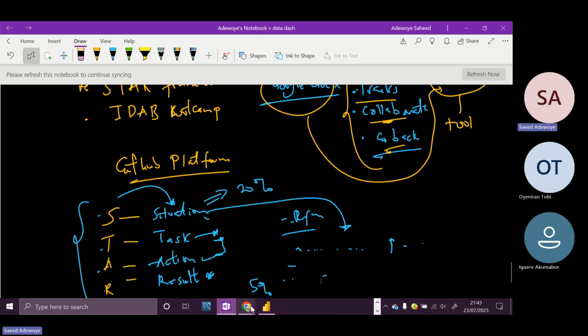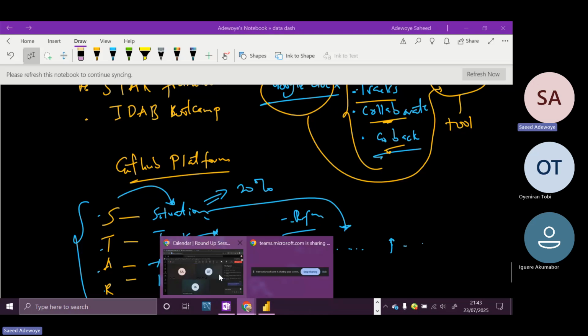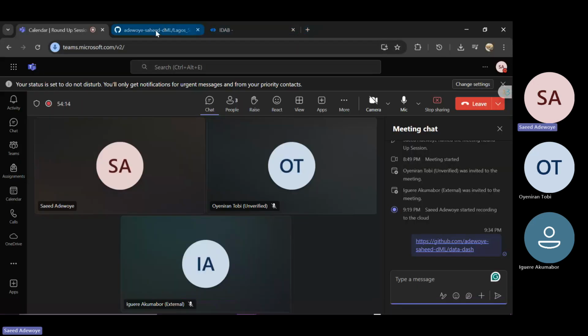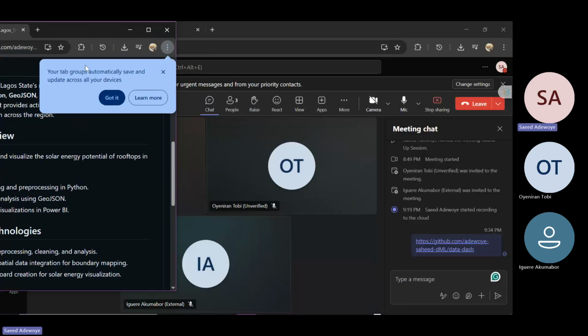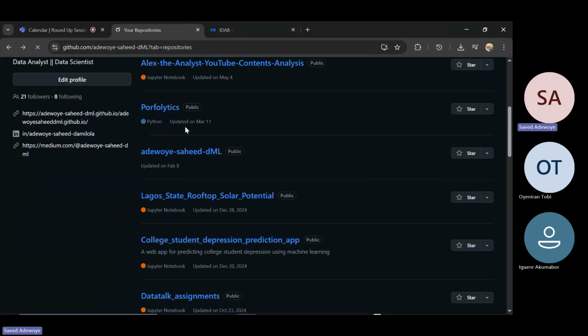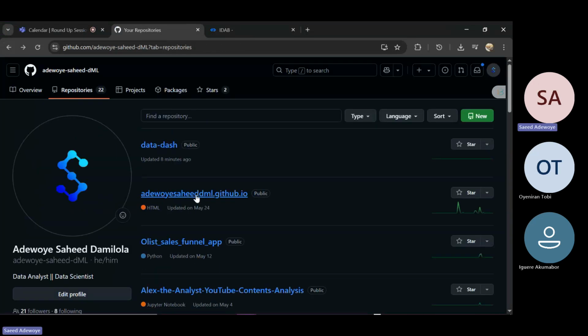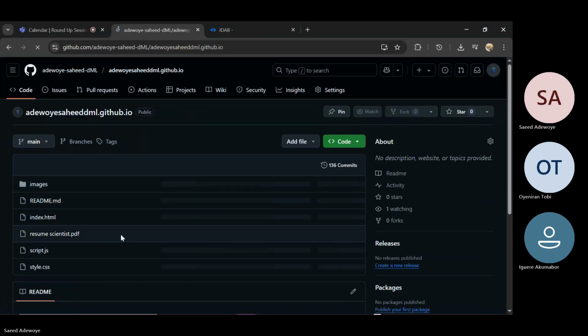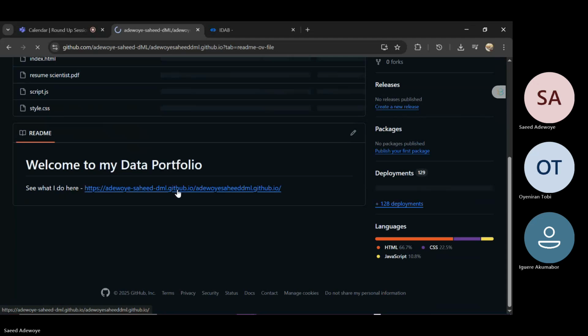Let me show you an example of how a portfolio project looks like. Let me see if I can simply open this. I think, yeah, something like this. I'll use my portfolio website as an example here.